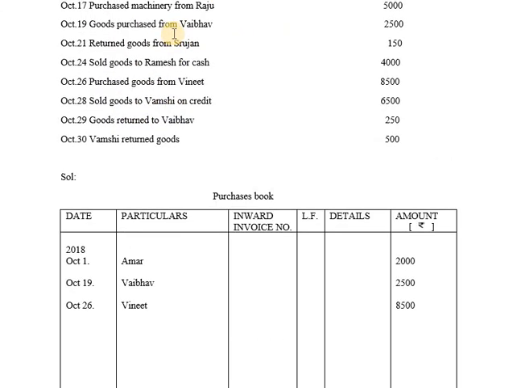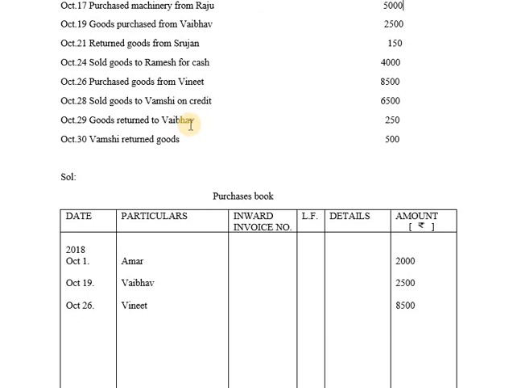तो इससे पहले हम क्या करे थे? Vaibhav के साथ जो ट्रांजैक्शन करे वो ट्रांजैक्शन चेक करना। It is a transaction related to returning of goods and the name is given as Vaibhav. So we just need to have a look at previous transactions done with Vaibhav. So on October 19 we purchased goods from Vaibhav. So it was a transaction of purchases, so we have recorded this transaction in purchases book. Hence this transaction becomes a transaction of purchase returns. So this transaction will be recorded in purchase returns.